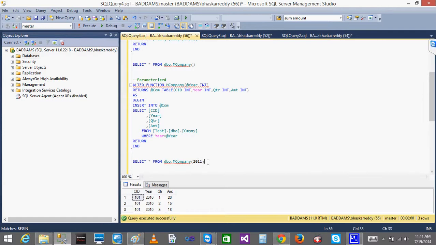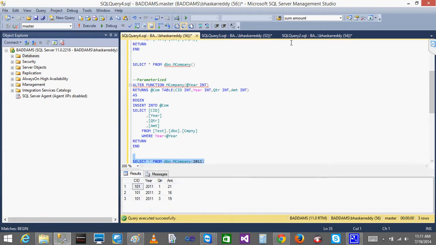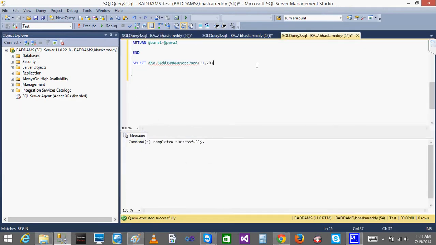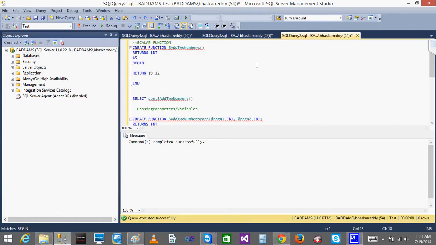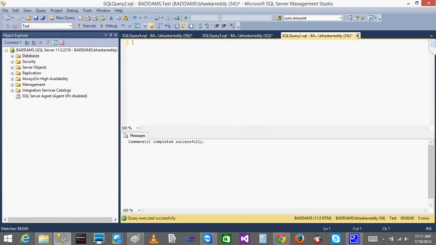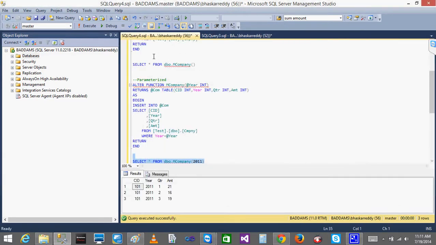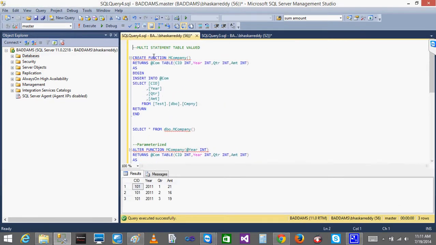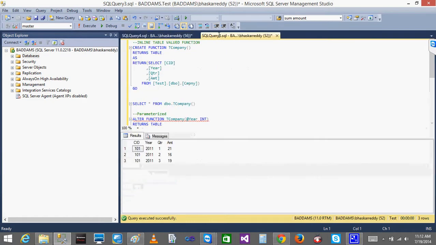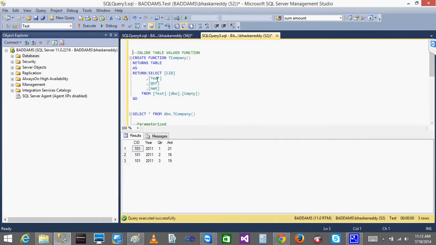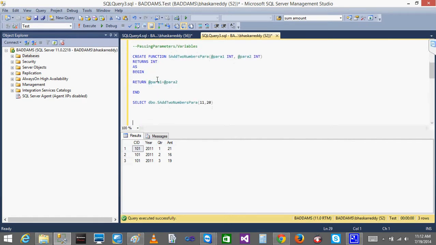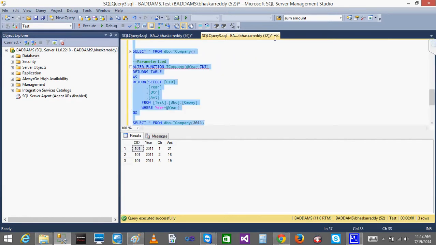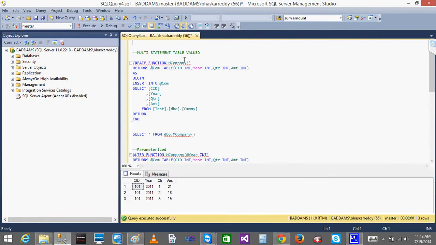So please create the table accordingly and practice. Create the table with CID, year, quarter and amount. You can use the sample data that I have and go with that. Okay. So now I will send the three types of functions. This is a scalar. Okay, these are the three types of functions. I'll be explaining, and you can see the difference when I keep them all here.